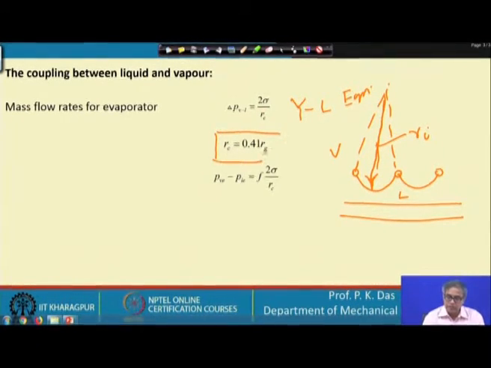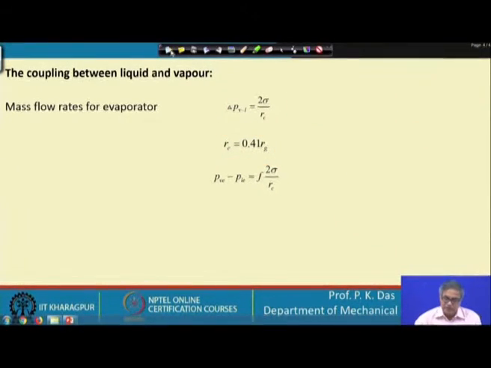Here you can see that if the porous structure is made of different grains, and the grain radius is R_g, then R_c is related to R_g. Then again we finally get one equation for the difference between the liquid phase and the vapor phase. It is the previous equation itself, with a factor f, some sort of correction factor, that one has to take. So, with this we get a coupling between the liquid phase and the vapor phase. Let us move on.